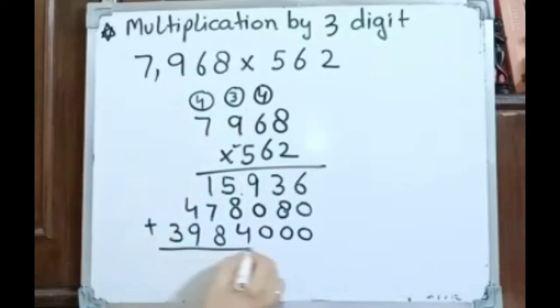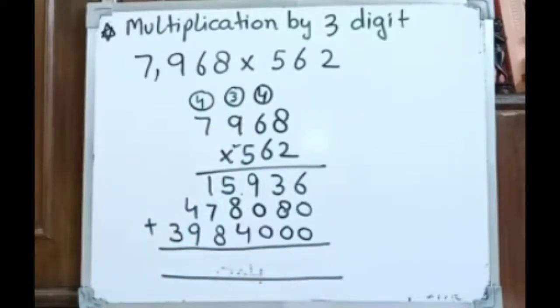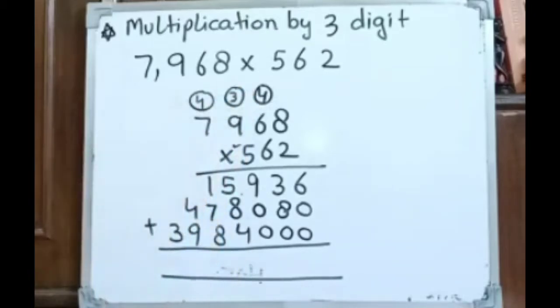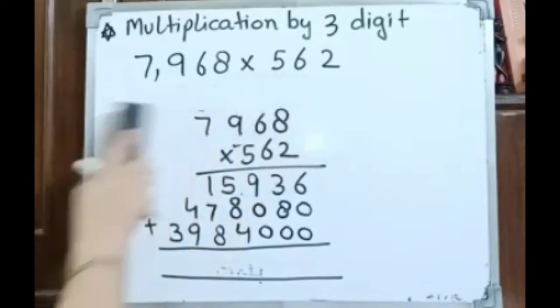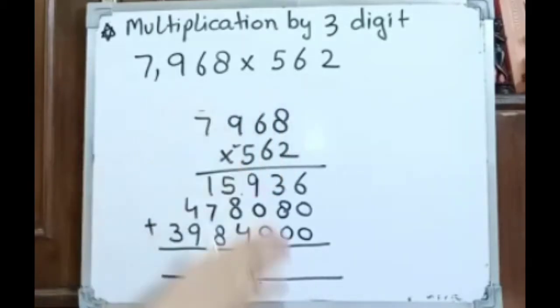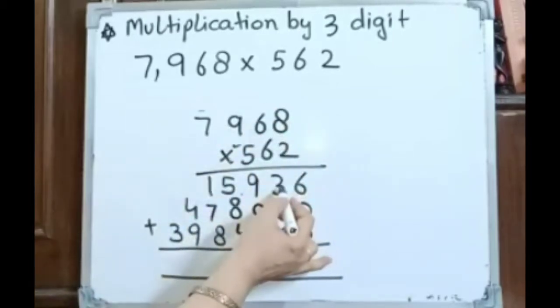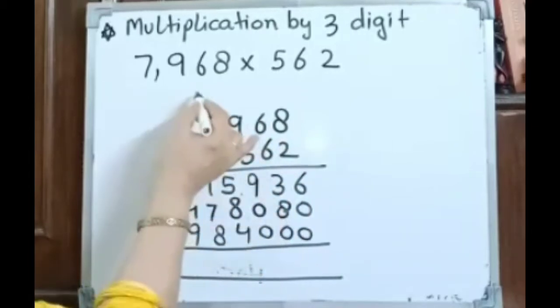Now the very important part is this: at the end, when you are going to add the numbers, revise the numbers first. You have to revise it once again. This is the main rule of multiplication. Then you do it. Now 2 6s are 12, carry 1. 2 6s are 12 and 1 is 13, carry 1. 2 9s are 18 and 1 is 19, carry 1.